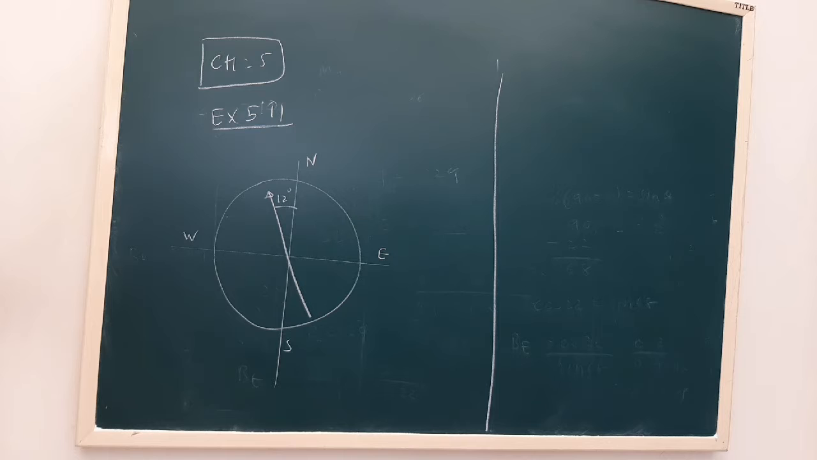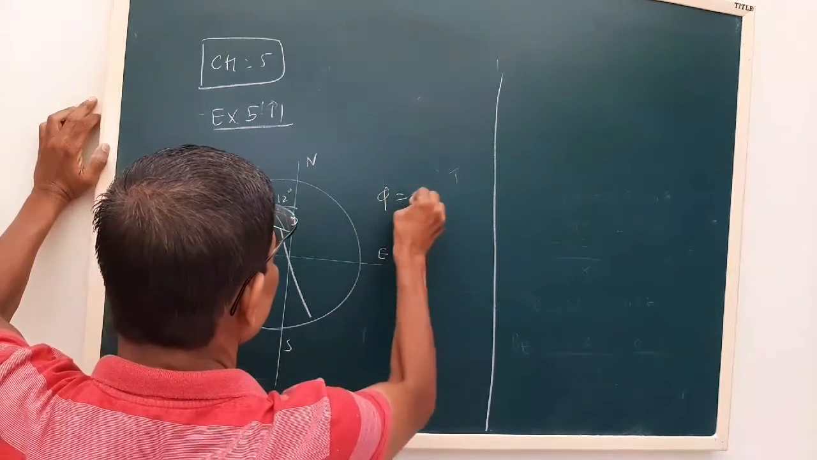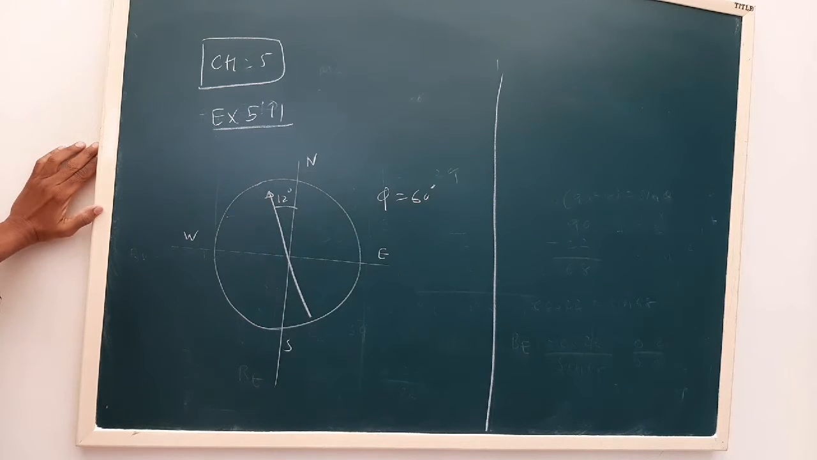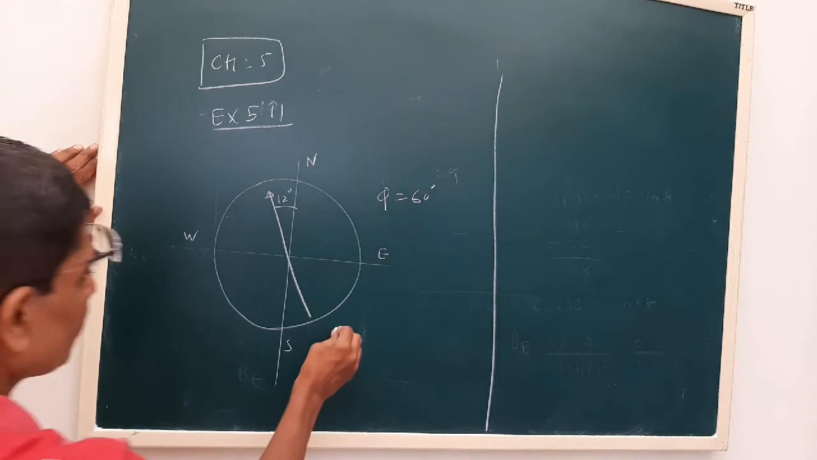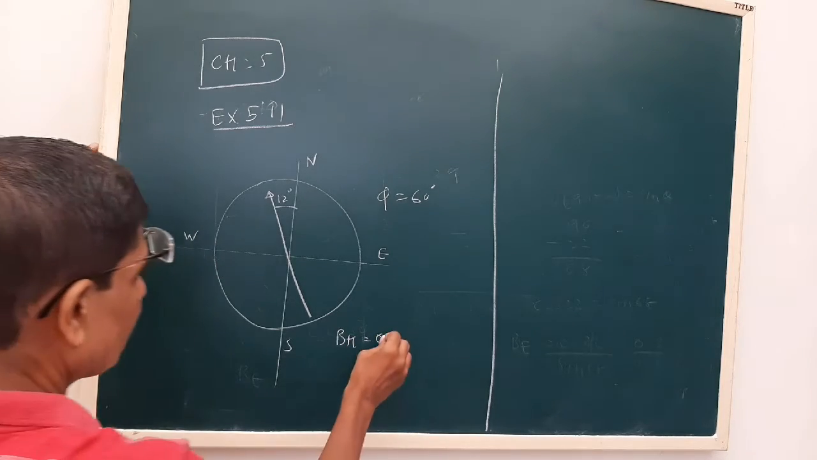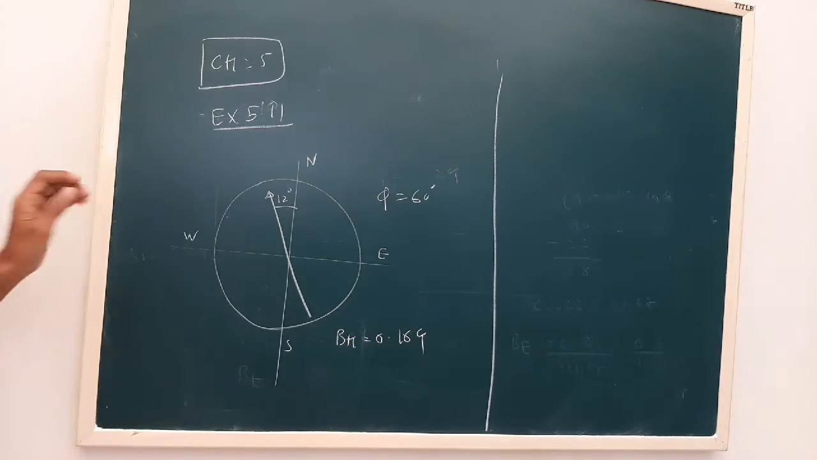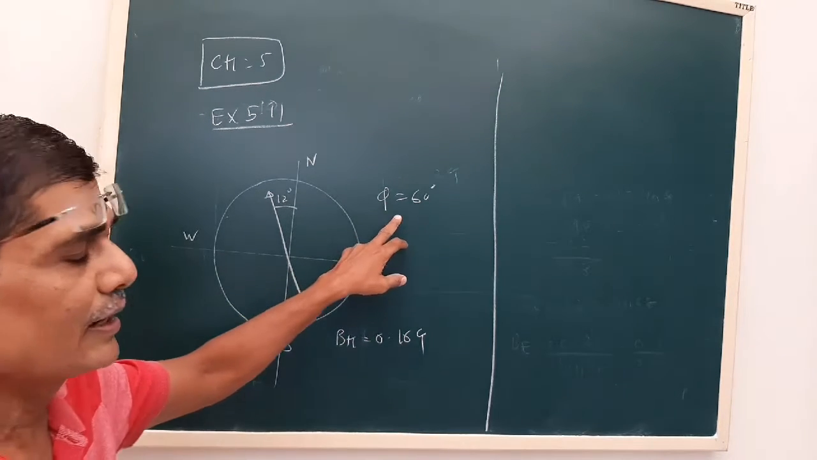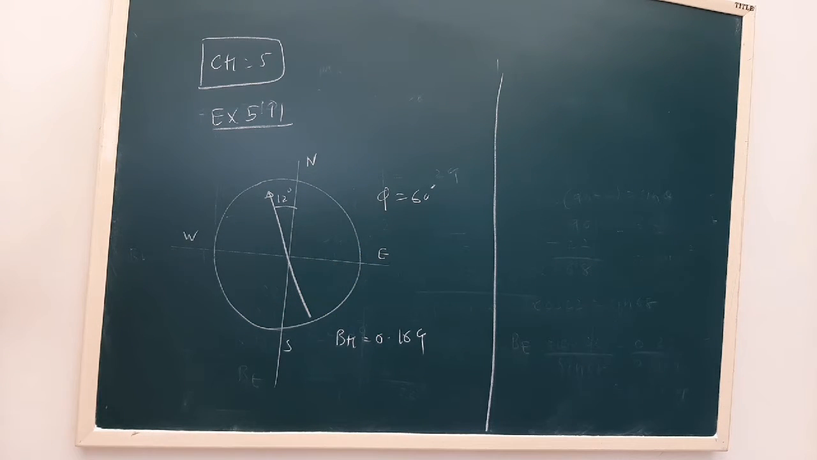Okay, see, the north tip of the magnetic needle placed in the plane of the magnetic meridian dips 60 degrees with the horizontal. So the angle phi is 60 degrees. Now see, the horizontal component of the Earth's magnetic field is 0.16 Gauss. Now see, the magnetic dip angle is the angle made in the magnetic meridian, by using which we can find out the